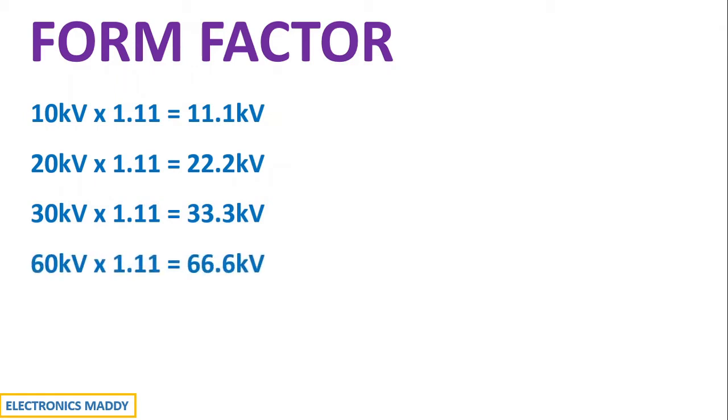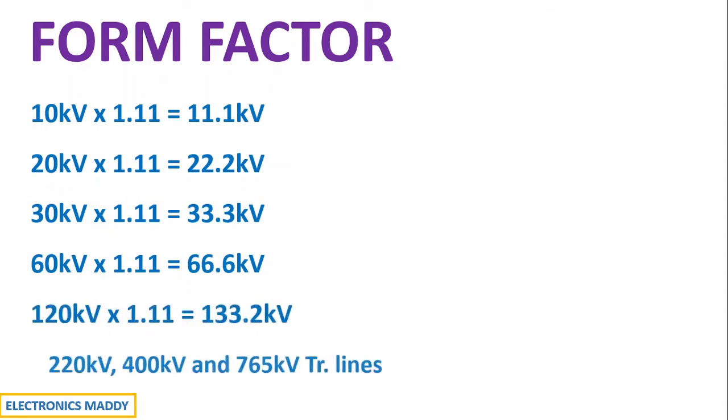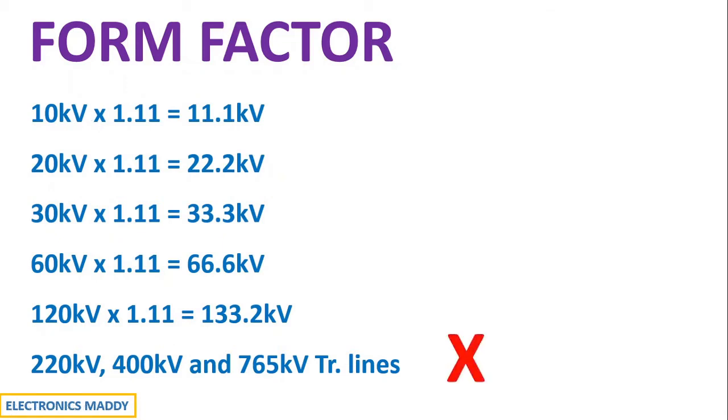However, this concept repeats for different voltages, but if you carefully observe, this concept is not applicable for 220 kilovolt, 400 kilovolt and 765 kilovolt transmission. In addition to this, if you're still considering this is right, then why do we have to design it only as a multiple of 10 kilovolt? That will again be another question, isn't it? So this concept is not right.